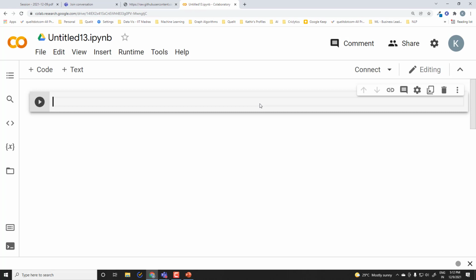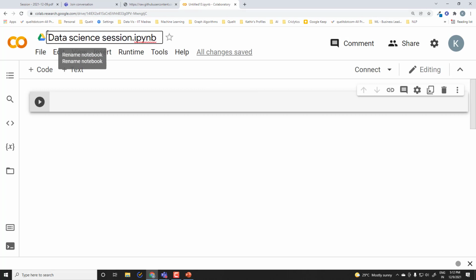This platform also provides 5 GB GPU support. So if you're working on deep learning algorithms and want to try something out, you can use Google Colab and turn on the GPU so that your code runs faster. It's also easy to share and do collaborative work. Towards the end of the session, I'll share the link to this notebook, and if you want to try it offline, you can. So let's name this notebook data science session. I'm going to read this data set.